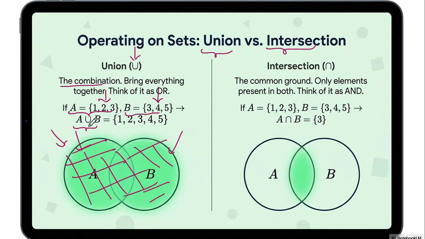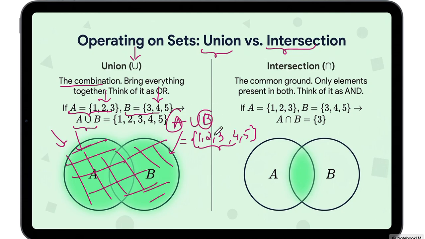Okay, so A union B, union can be written with this U symbol. A union B is nothing but the collection of all the elements of A and B. So A is 1, 2, 3, and B is 3, 4, 5. So 3 we cannot repeat, we have to write down 4 and 5. Okay, so we have to combine all the elements of the set A as well as B without repeating the